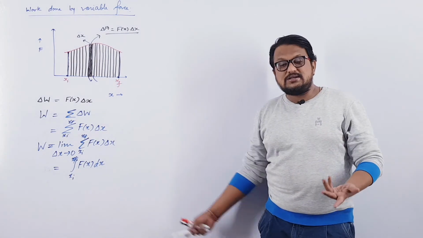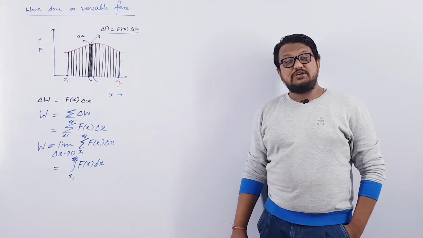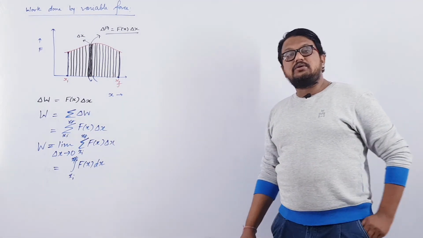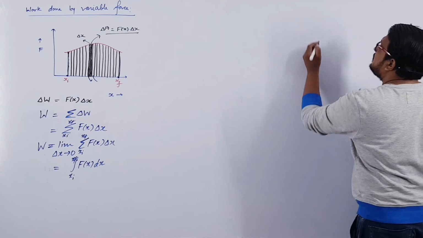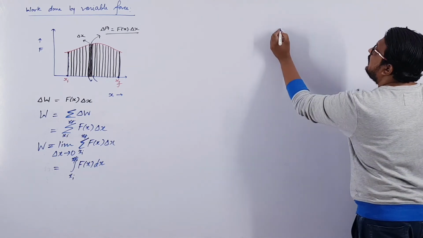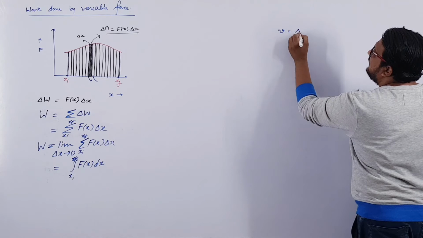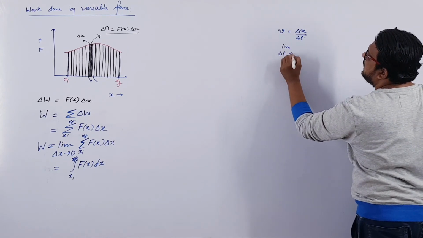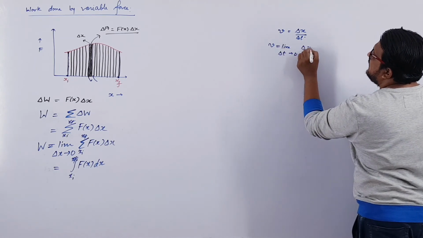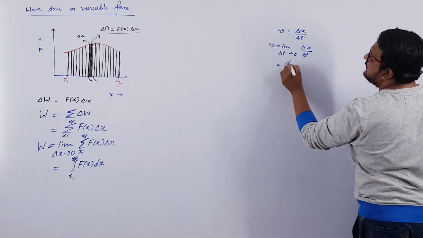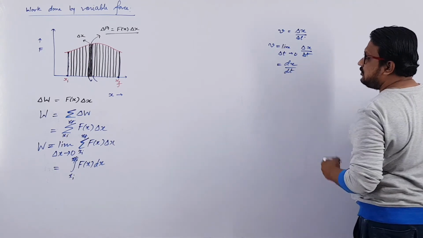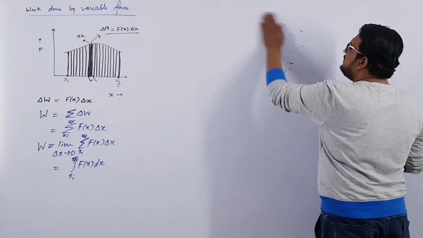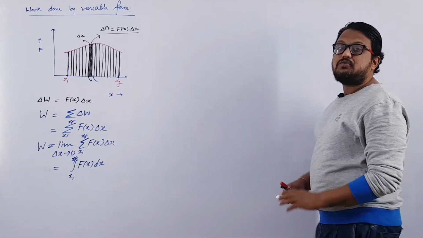You have to consider such case that if delta t tends to 0, then delta x by delta t will be equal to dx by dt. We have come across this thing. Let us say what is speed: delta x by delta t. If limit delta t tends to 0, delta x by delta t can be written as dx by dt. You have come across this thing, right? So in the same way, if there is a division, it will convert it into differentiation, and if there is addition or summation, it will be converted into integration, right?